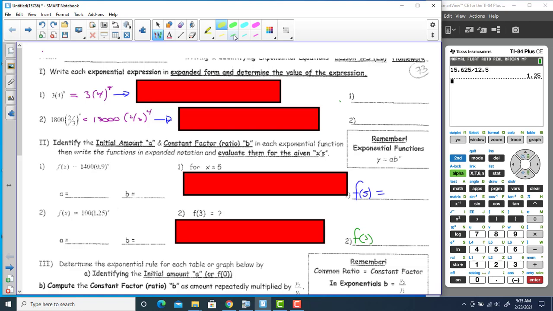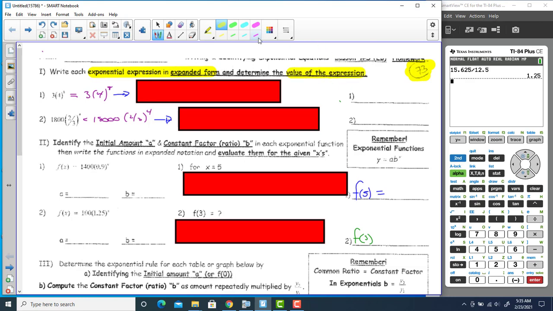Today we're going to be taking a look at some of the more common presentations, observations, and calculations we can do with exponential relationships. We'll be on page 73 and 74 of your pink packet, and we're going to begin with a skill that's going to ask you to write each exponential relationship in expanded form and determine the value